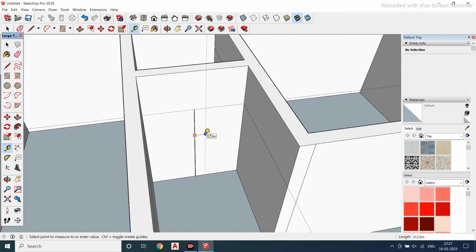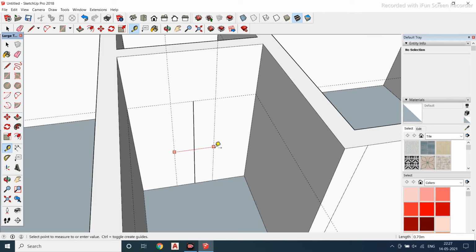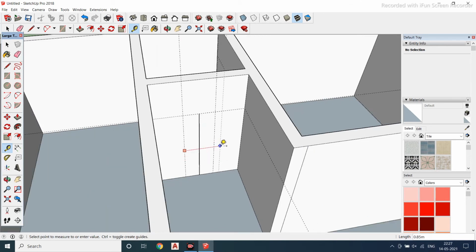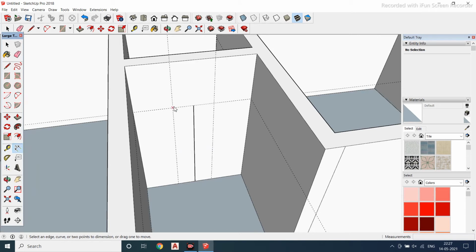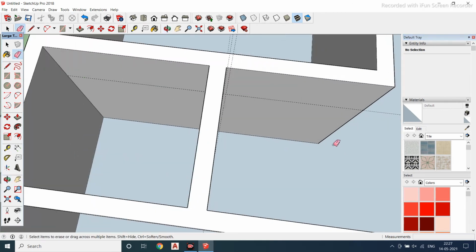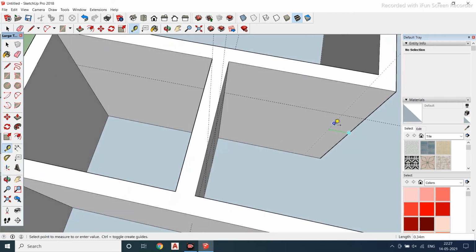So how much door do you want to provide here? I'll be giving 0.7 nearly, 0.35 on each side. Okay, now if you want to check, you can check it over here. The dimension will be displayed over here, or you can use your measure tool. Now you can delete it also. Same thing over here, I'll be leaving some 0.5 meter distance and I'll be giving a door of 0.9. Those are standards, 0.9 meter.